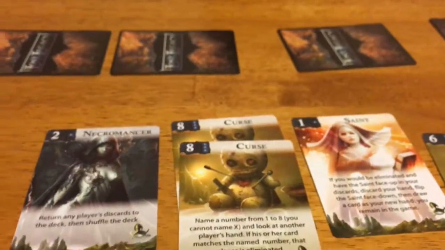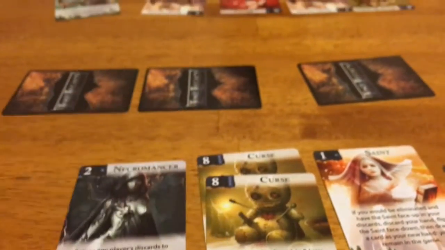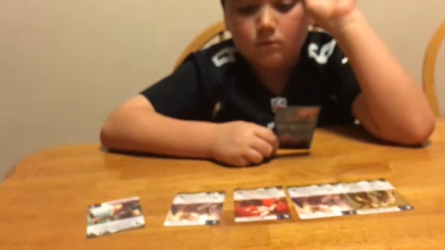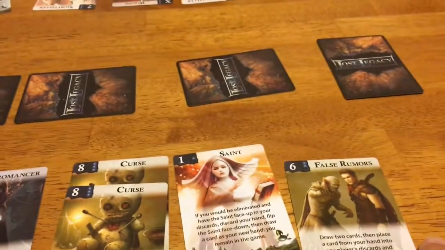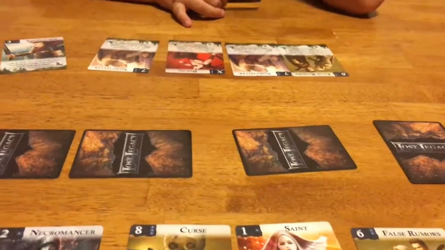now with the cards here, the little blue dots signify how many cards are in the deck. So there's 2 curses, at least, out on the table. Might be in a draw pile, or in the runes, or in his hand. For the Necromancer here, there's only 2 in the deck. Same thing with the Saint. False Rumors, there's only 2 of those in the deck. And so you can kind of guess and count cards. Yes. So I am going to say he is number